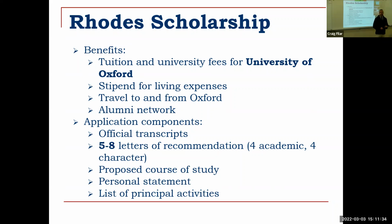The interesting thing about Rhodes, as opposed to the others that we work with, and there's one other that falls in this category, is Rhodes has a very intentional hands-off policy when it comes to your writing. The Rhodes Scholarship requires that when you do your personal statement, you receive no outside help whatsoever. That means we cannot help workshop the essays, which we will do on the others, and I'll talk about that a little towards the end,